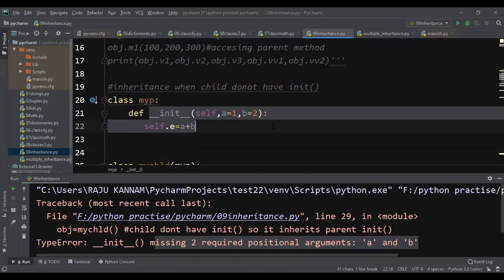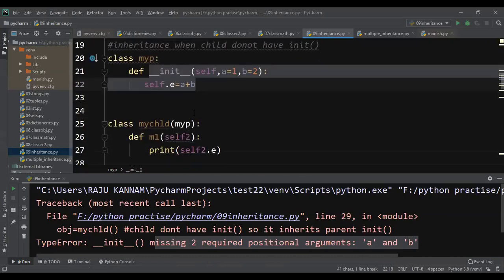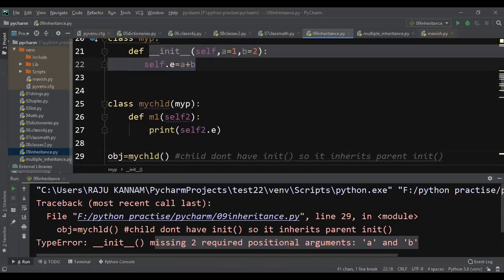So the child will treat the constructor of my p as its own constructor. It inherits all the members, which includes the constructor also. So whatever constructor is there in my parent will also act as my child's constructor, since the child doesn't have any constructor.